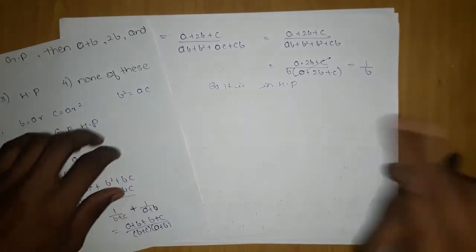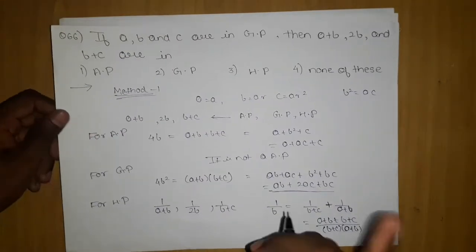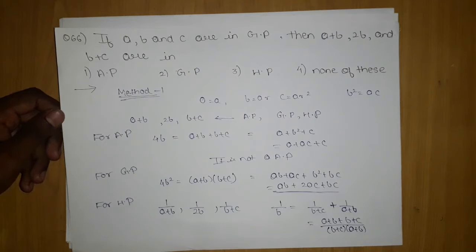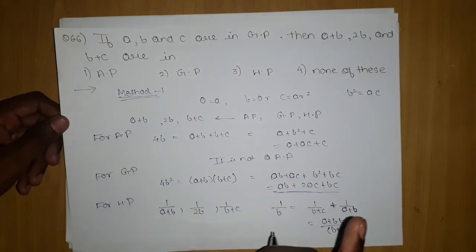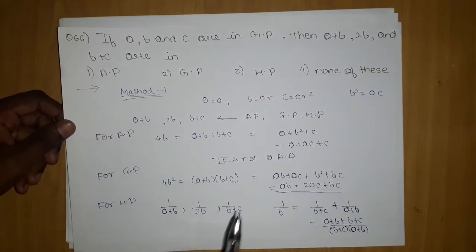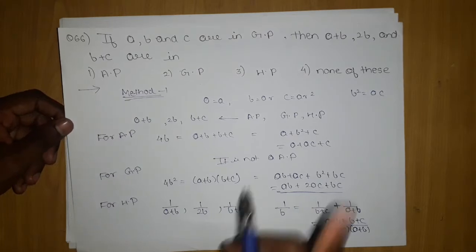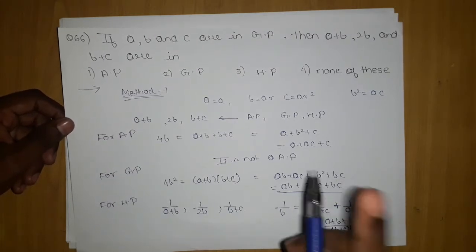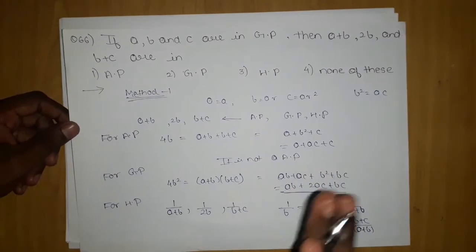Do we have to check for GP? No, because it is a single correct option. If it was a JEE Advanced question, then you have to check for all of these. You cannot leave anyone, because in JEE Advanced there is no surety. Even if they say that its answer is single correct, there is not any surety. So third is the answer.